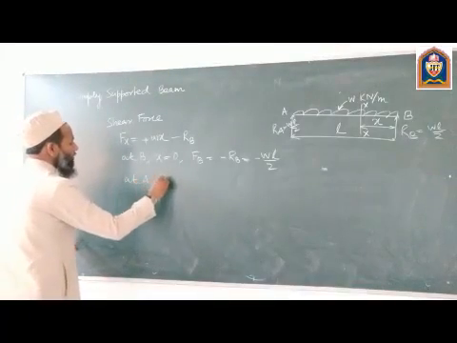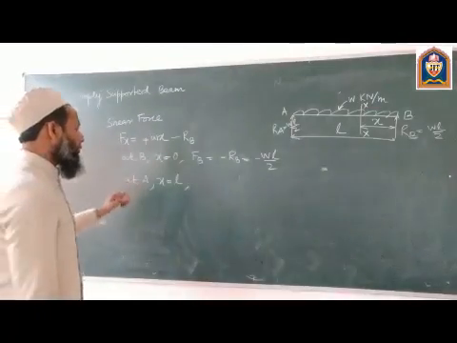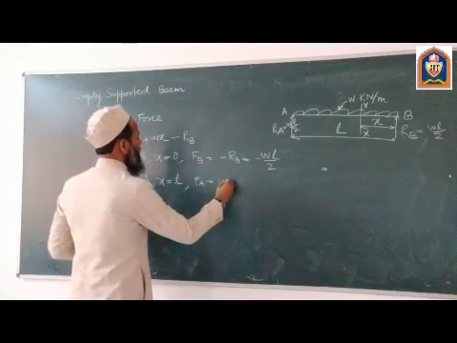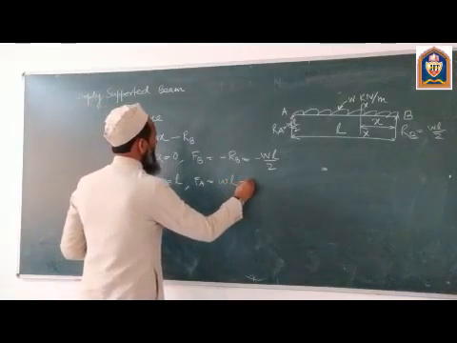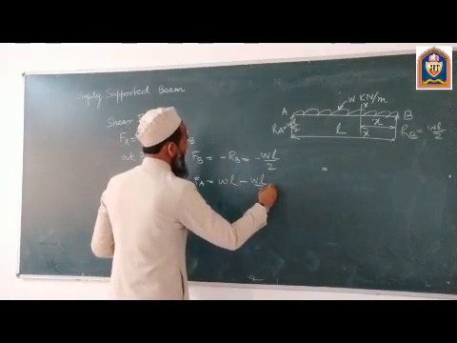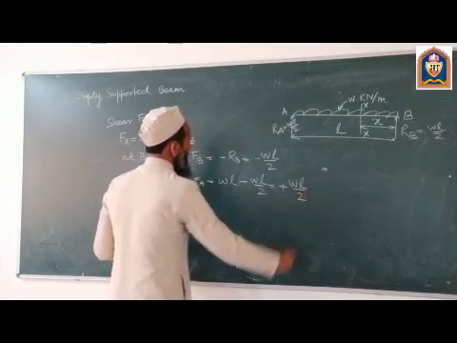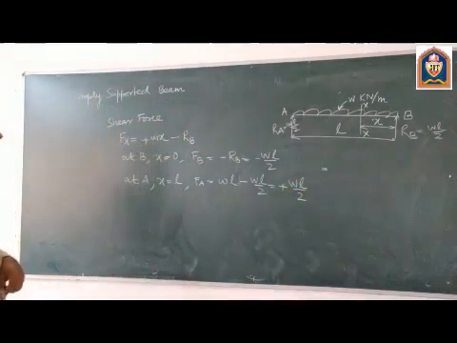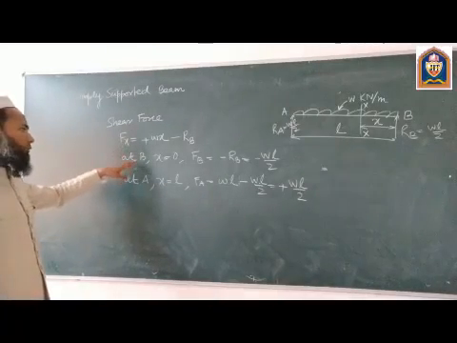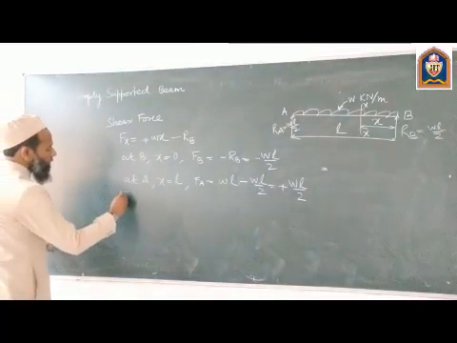At A, what is the value of x? x is equal to L at point A. So Fa is equal to small w multiplied by L minus Rb. Rb is WL by 2. So this comes out to be positive WL by 2. Now we have got the value of the shear force at point B as well as at point A. Now we'll go for the bending